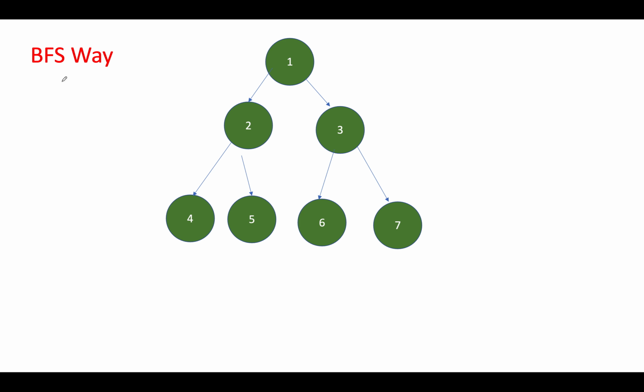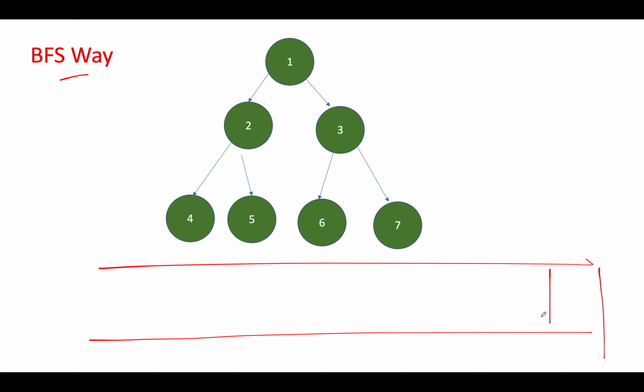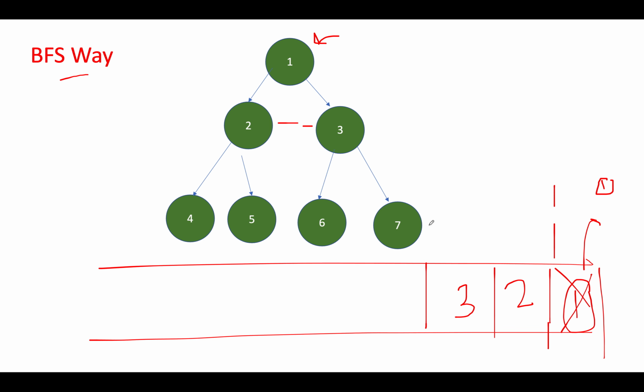In this regular way, we create a queue and start the regular BFS traversal. We get the first element and add it into the queue, and this marks the boundary of the first level. You pull out elements from this queue, one is removed, and you add its children into the queue, so 2 and 3 get added. This marks the boundary of the second level, and you store 1 in your result array, so 1 gets added in your result array.